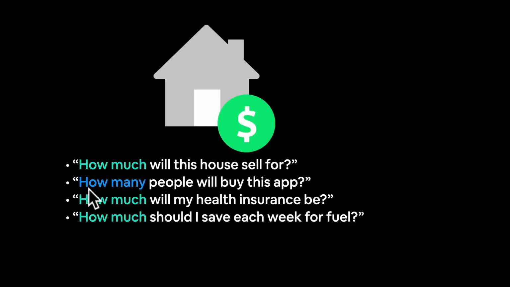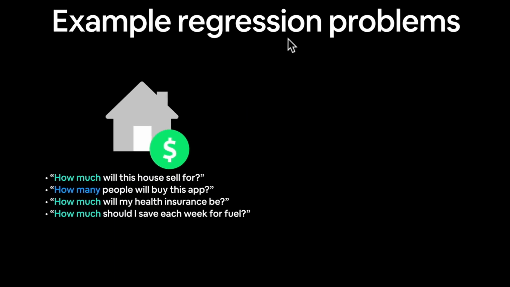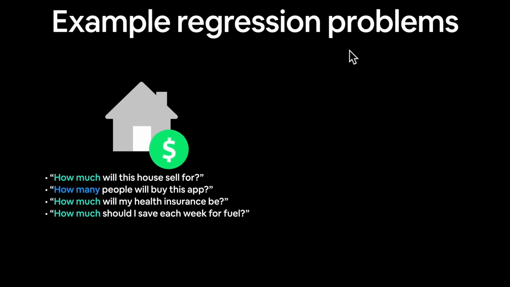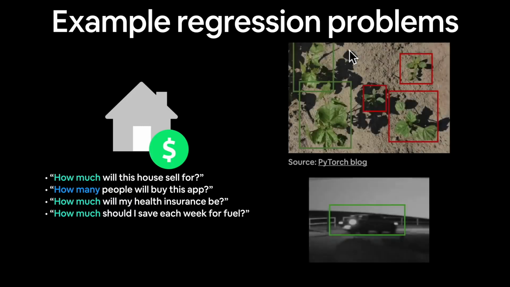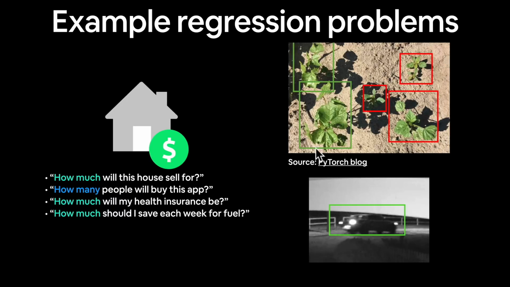Another regression type problem is, how many people will buy this app? Or how much will my health insurance be? Or how much should I save each week for fuel? Now you'll notice a trend here with these questions. It's how much or how many. That's one of the key points of a regression problem. It's predicting a number of some sort. And if you're thinking in terms of price or numbers in these types of questions, well, there are other types of problems where we can turn them into a regression problem, such as